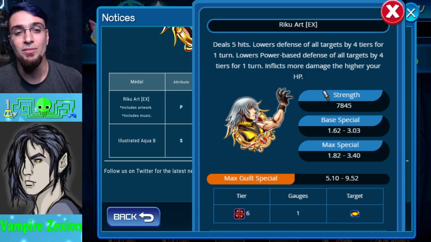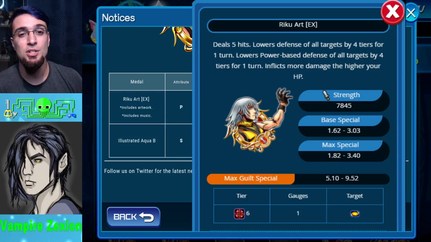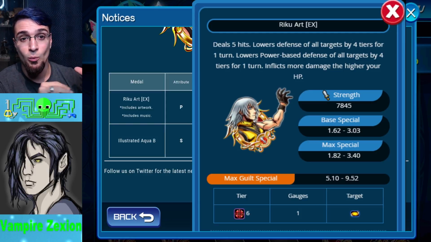It's got an attack of 7,800 plus. With that multiplier of 9 points, you are doing tons of damage, guys. Tons of damage, especially with lowering general defense down by 4 tiers and the power defense by 4 tiers. This medal is solid, especially if you're using something like Fenrir, level 35. You got your HD Shion copying this medal at the end, and right there, that's 2 heavy tier 6 huge